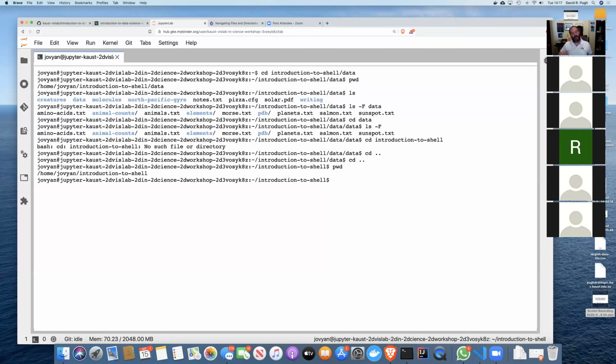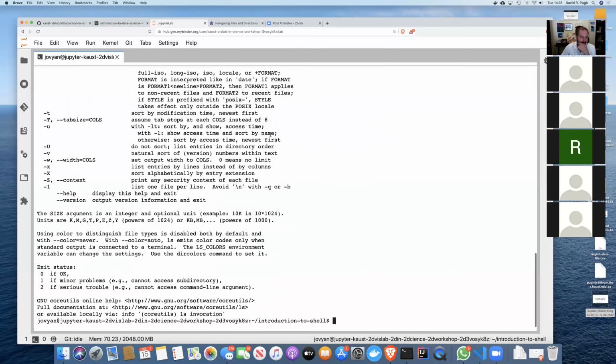Right. So how did I know to do this, besides the fact that I teach this course and I've taught it many times? How did you know that this .. existed? Surely there should be something in the current directory that tells you that this thing exists, and there is. So if we go back to the list command and we look at the help menu,